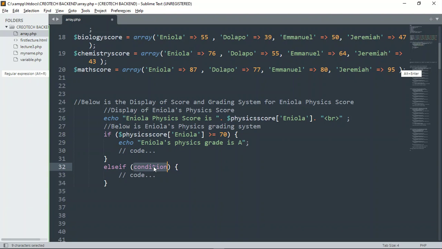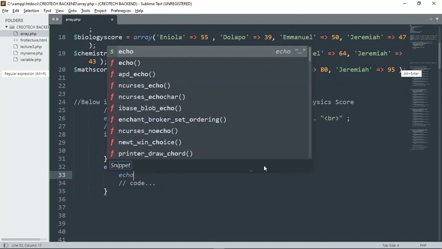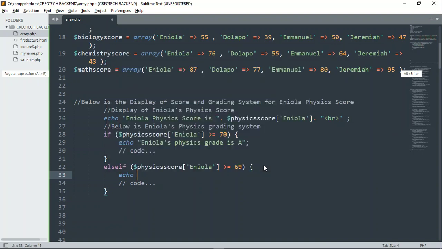So our second condition is that if Eniola physics score is greater than or equal to 69, it should echo that